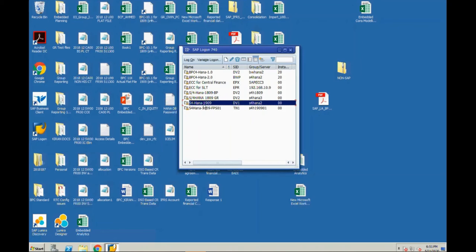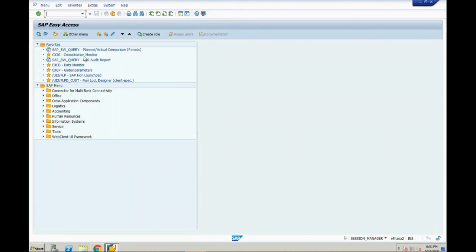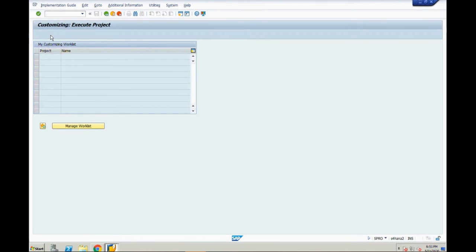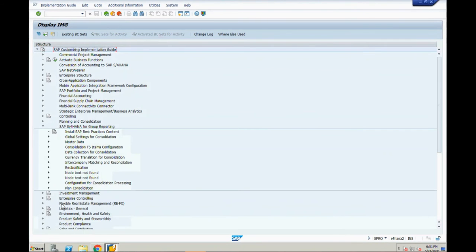You should have S/4HANA system in your GUI, right? So log on. Go to Fiori. Understand here, when you go to SPRO, SAP Reference IMG, all your configurations happen here.